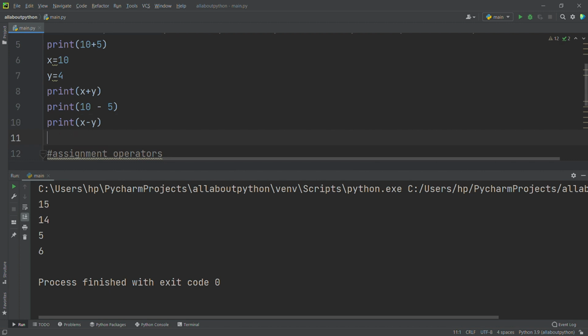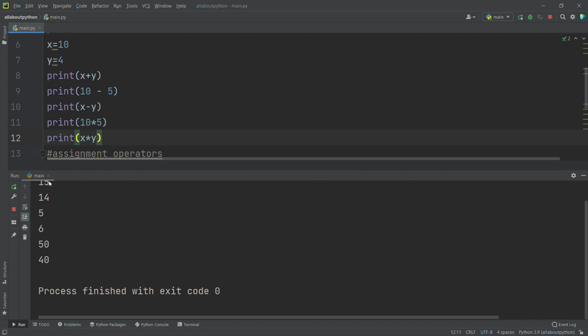Now we'll go with multiplication. Print of 10 into 5, it's going to be 50, and print of x into y, it's going to be 40. Now we will go for division.